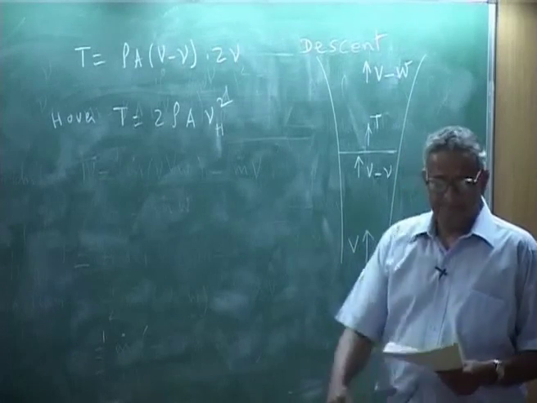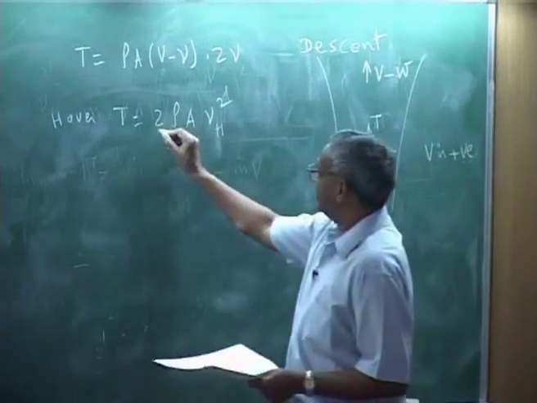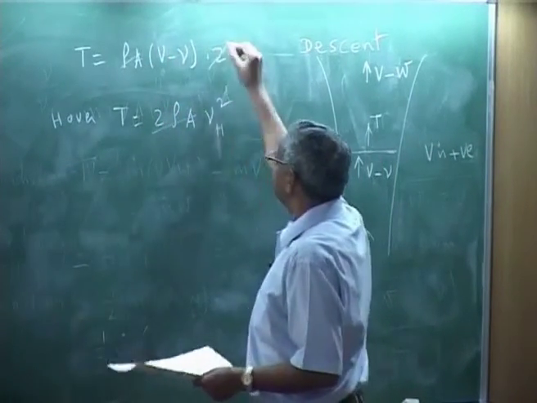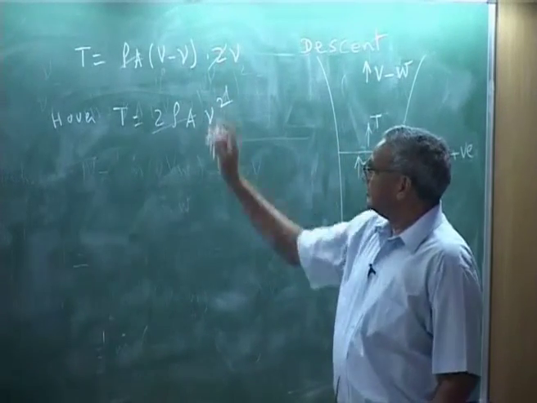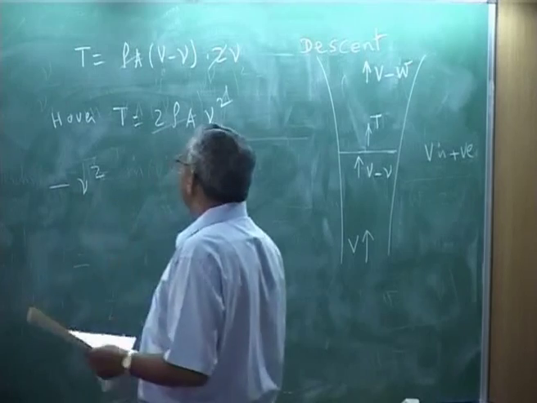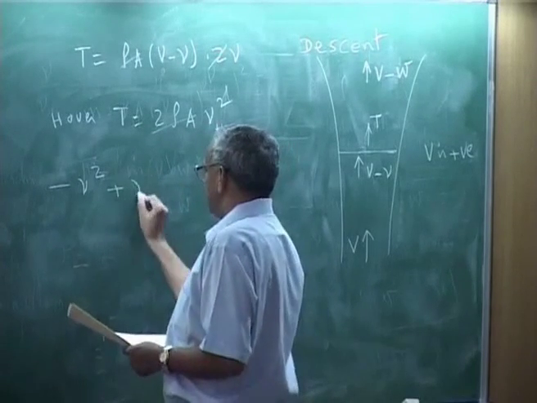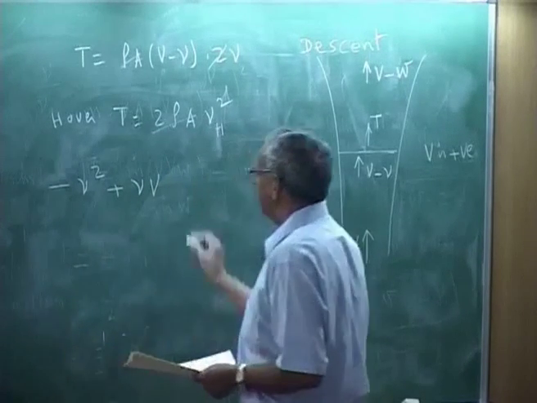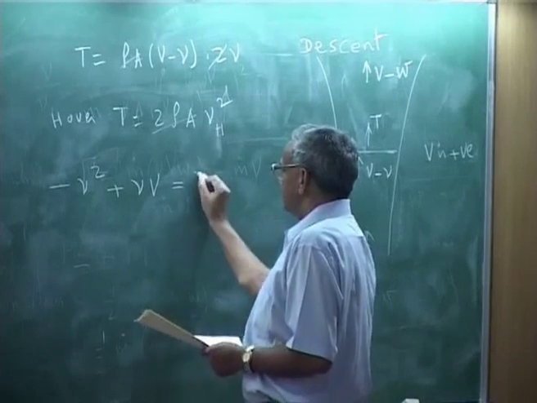Combine both of them, then this will go off. So, you will get minus ν squared plus νV equals,